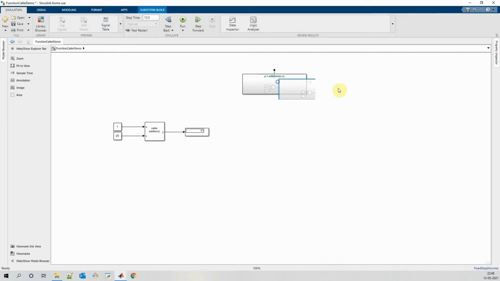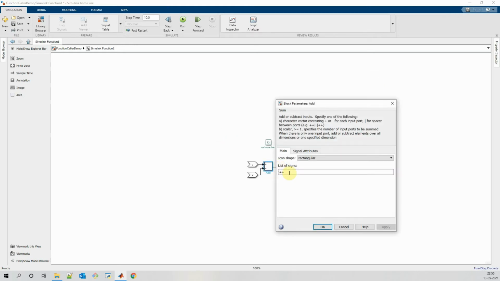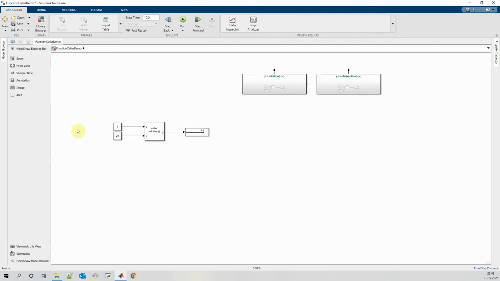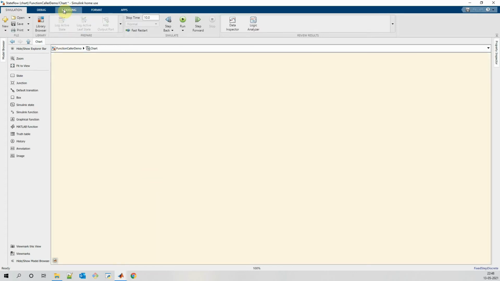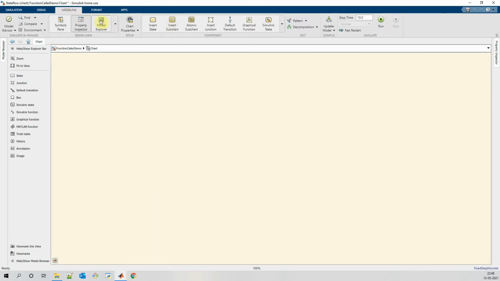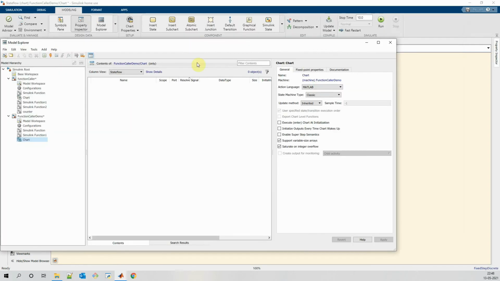Similar to addition, we can create another function for subtraction. We can call the Simulink functions through Stateflow as well. In Stateflow, we need to create the same input parameters.